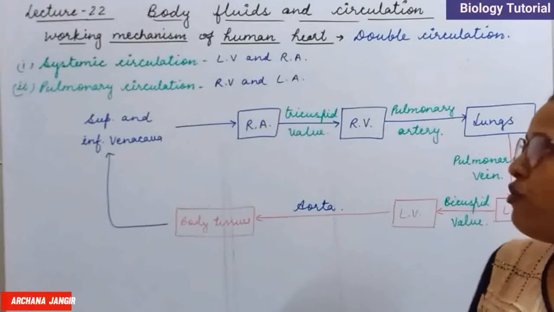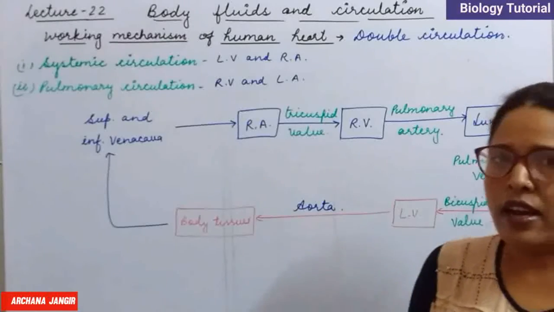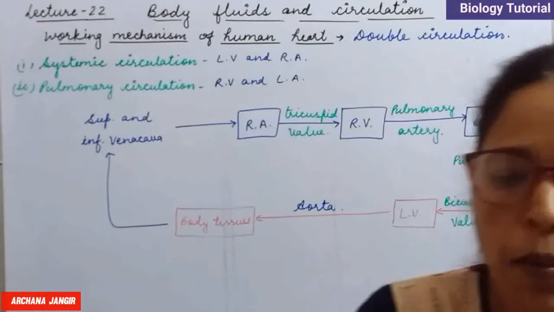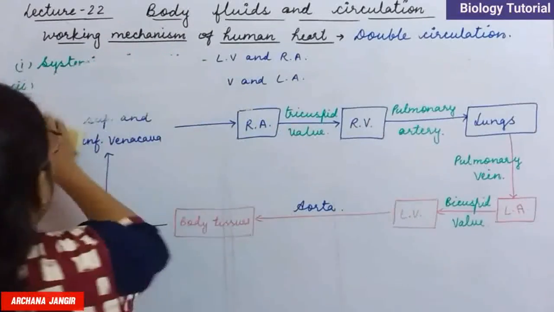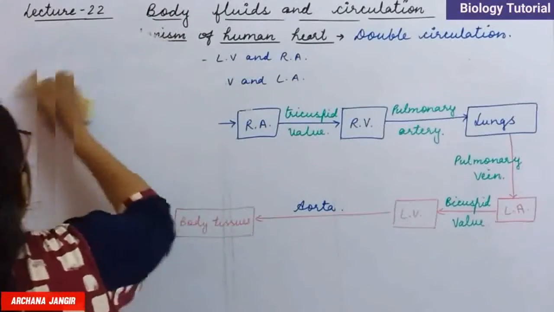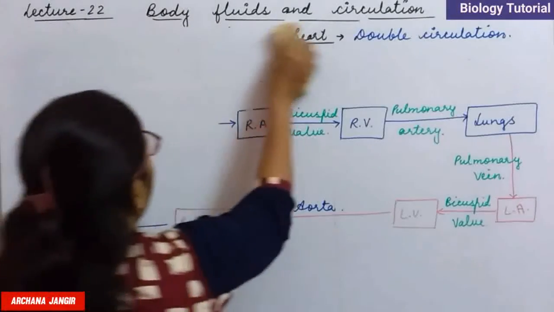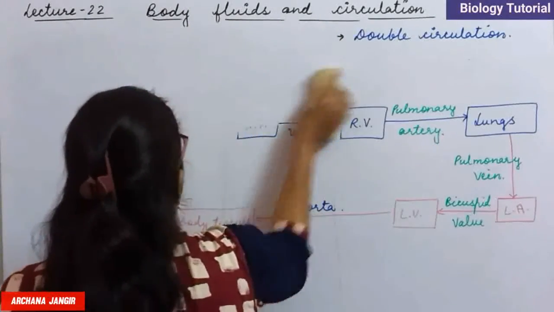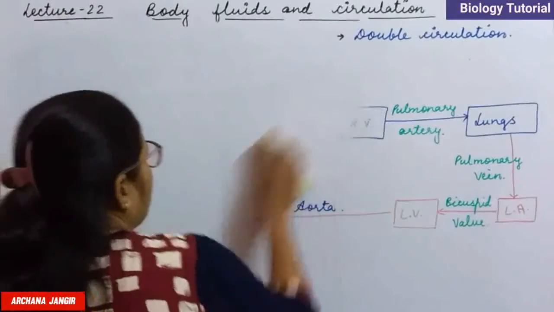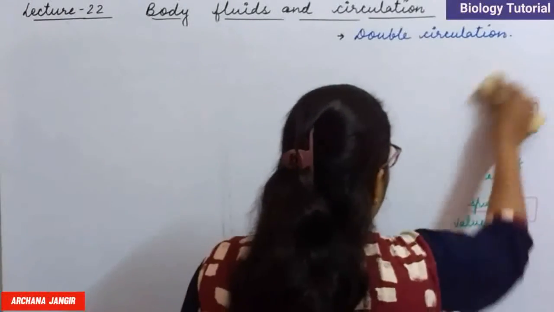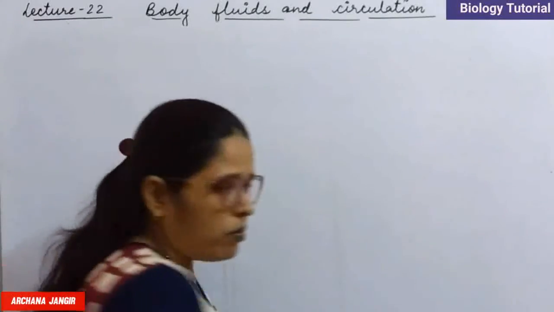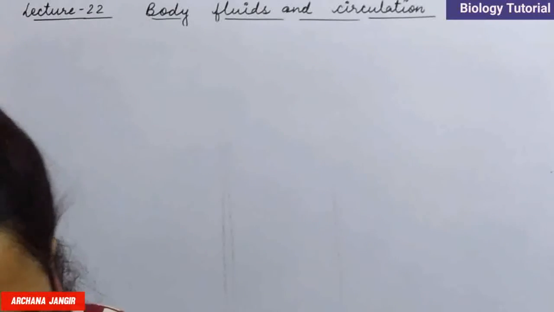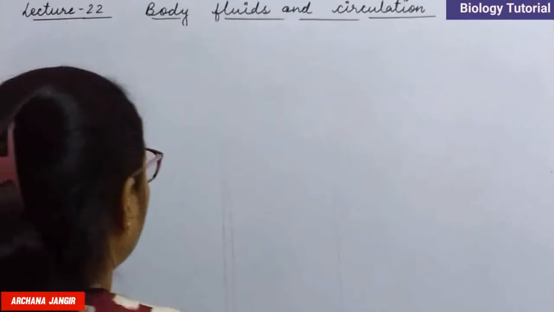Now we have to draw a diagram showing the complete process of double circulation. So here I am drawing a diagram. Very easy and important diagram. Double circulation is an important question in the exam. Whenever a question on double circulation comes, you write this flow chart, and then along with it we also draw the diagram. So here, first of all, I am going to draw the